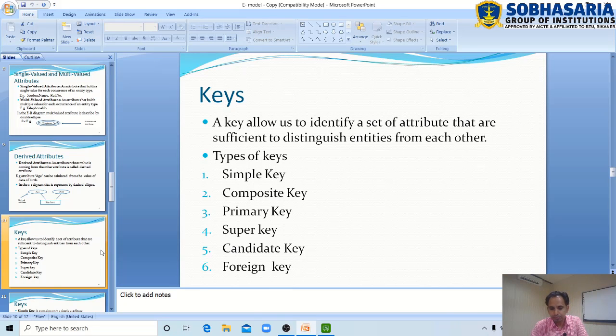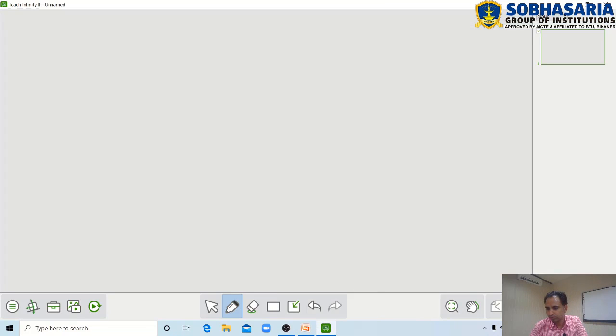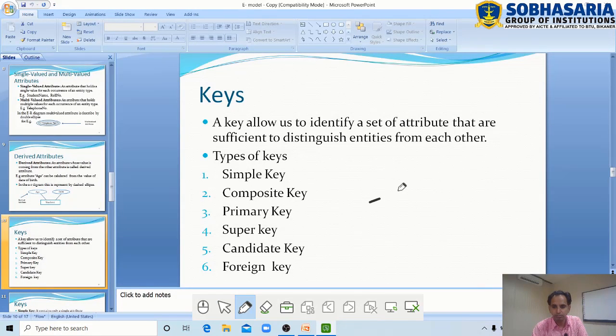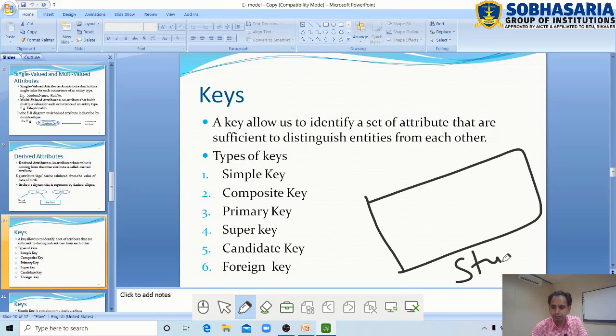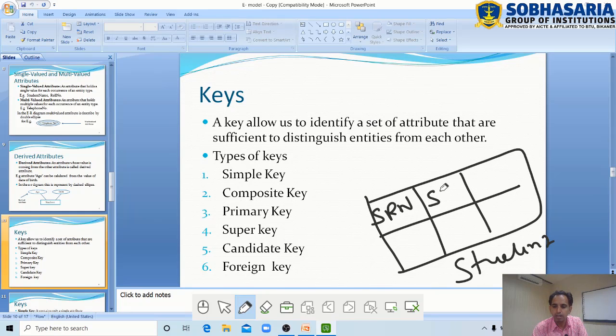For example, this is the student entity set, and here attributes are student roll number, student name, student age.